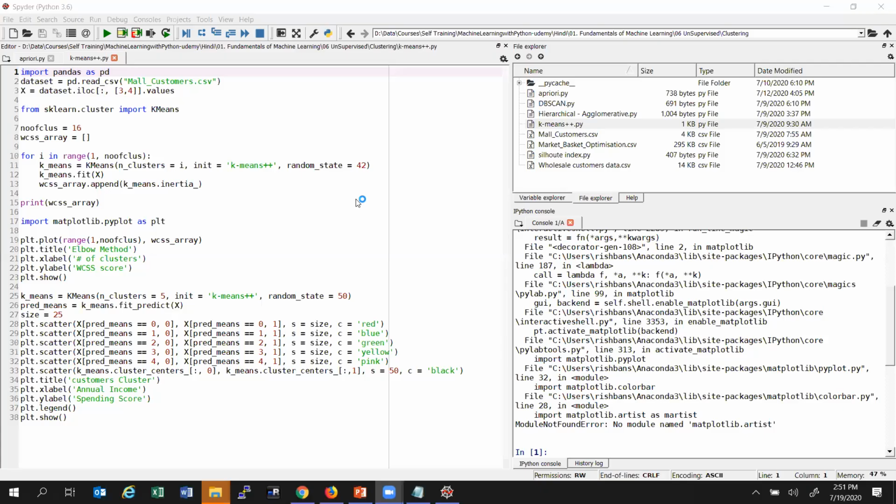So I'm just opening up my Spyder for a couple of seconds. Okay, so first of all, for k-means++, I am using this small customer data. I will first import this data set and show you what this data set is.